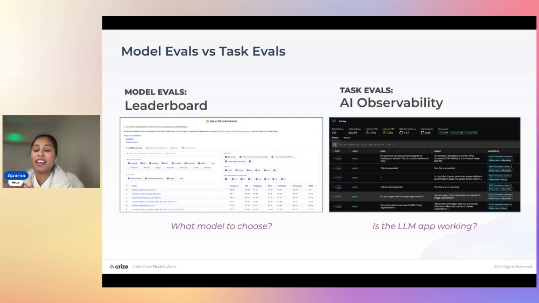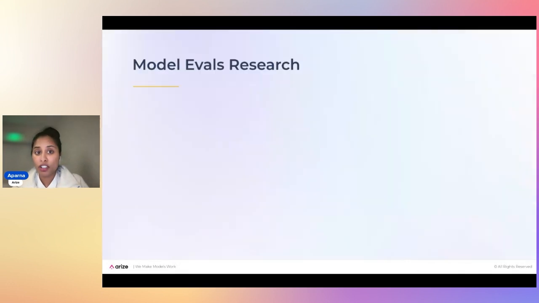So there are metrics like correctness and hallucination, and product-specific metrics that you might care about way more, as you ask day in, day out, how do I improve my application? But both are important to different folks. Model evals are slightly more important to folks who are building foundational models or even fine-tuning them. Task evals are slightly more important to the folks really building the AI applications.